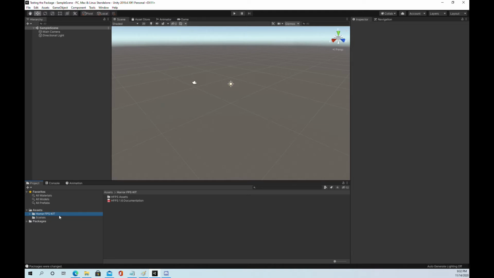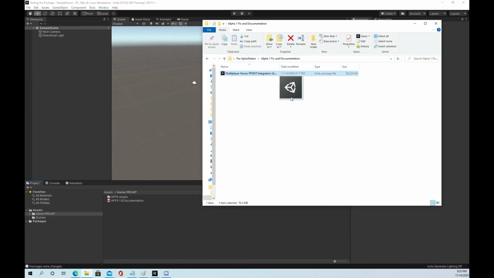I'm saying right now that this works only with version 1.6a. However, you could manually update older versions. The auto update would probably work with 1.6. But I would recommend if you're using anything less than 1.6a to do a manual upgrade. Anyways, that being said, now that I have a fresh copy of the horror FPS kit installed in my project, I'm now just going to